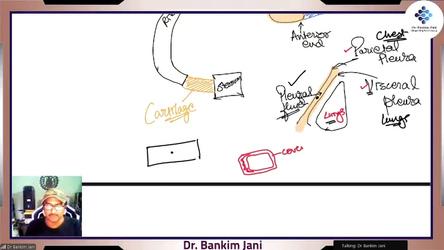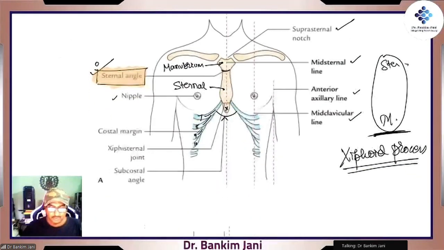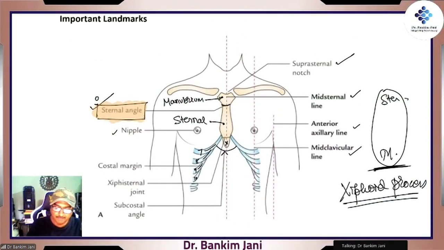Here exactly same thing is happening in this pleural space, right? Where this pleural fluid is present, this small amount of fluid is keeping both the things together. It is not allowing the lungs to collapse, and it is not allowing chest to go expanded unnecessarily. So it is keeping a check on both of them. Right? So these are some of the important landmarks.